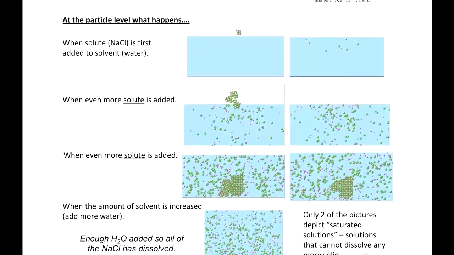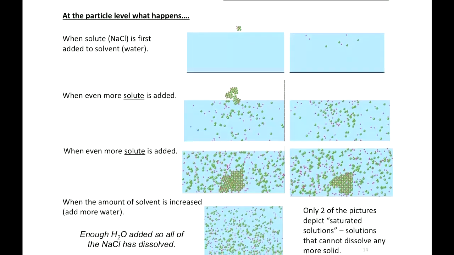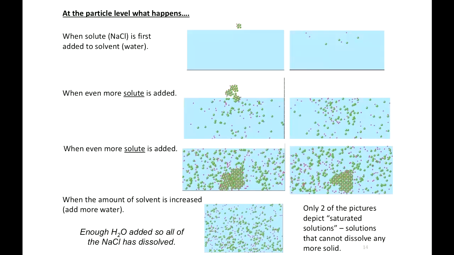So let me expand on that storyline, that picture diagram that I mentioned. We can add solid to water. Usually when we add solid to water, it dissolves, but at a certain point, maybe it stops dissolving. So here's a picture. We have pure water over here. Let's add a little bit of, let's say, sodium chloride. This is sodium chloride. Before I drop that little bit of salt into water, let's think about what properties